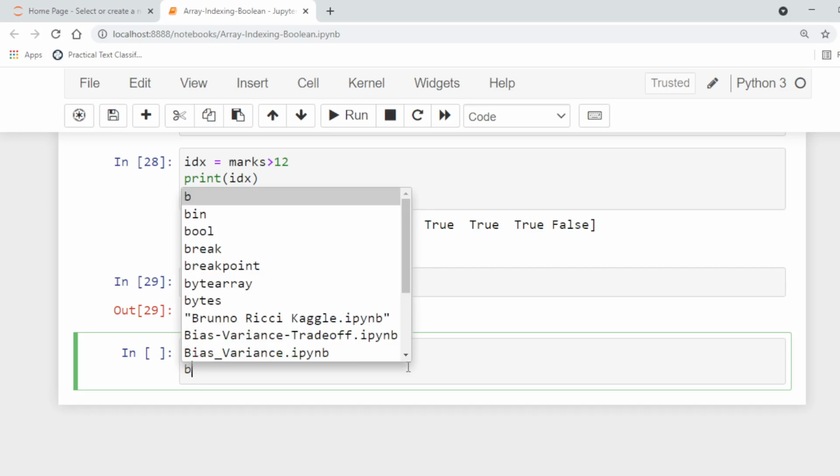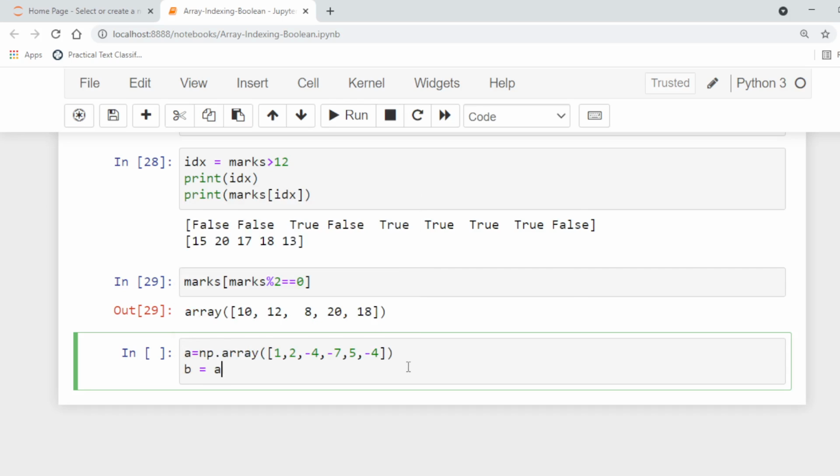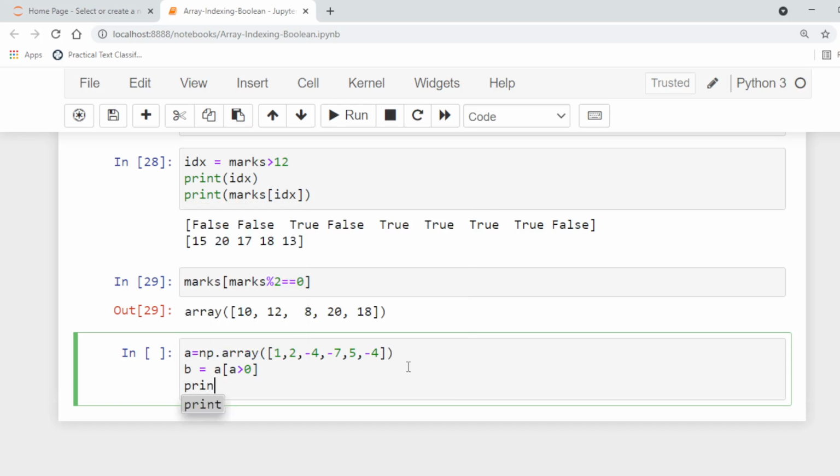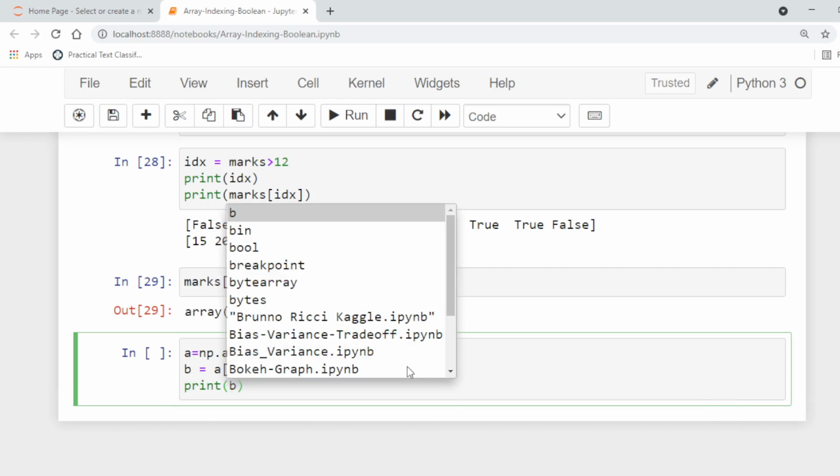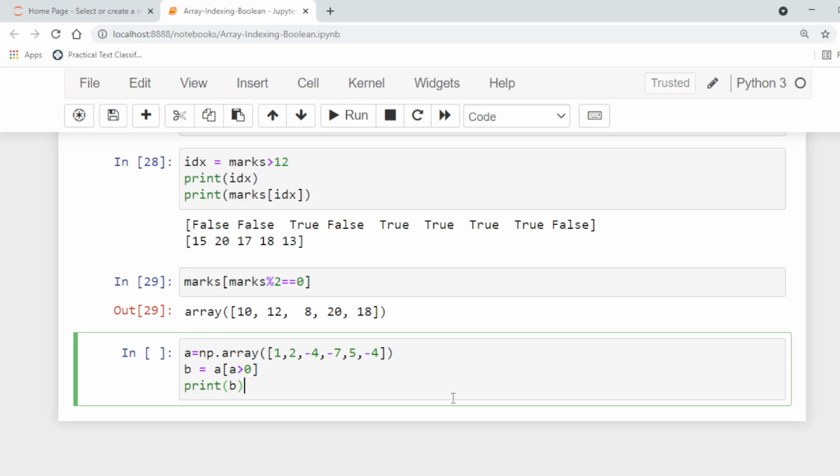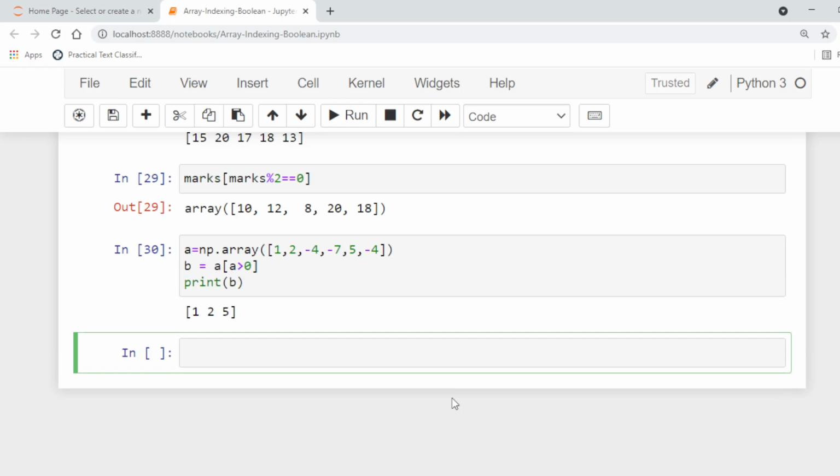So let's say we have another array B equal to A where A greater than 0. Inside this, A greater than 0 will return the Boolean array, and that Boolean array will be used as indices for A. So let's print B. It will contain the values 1, 2, 5.